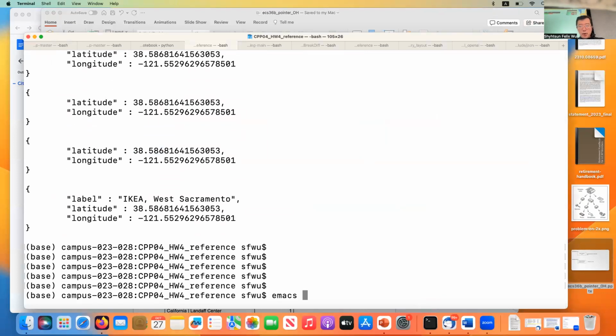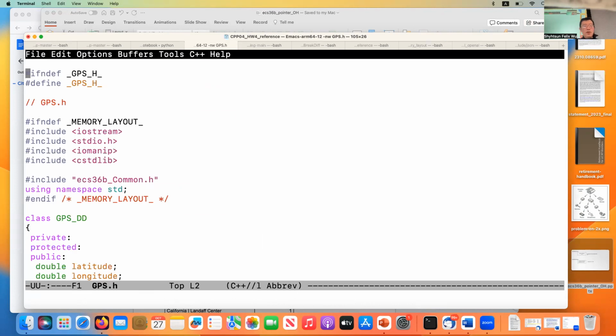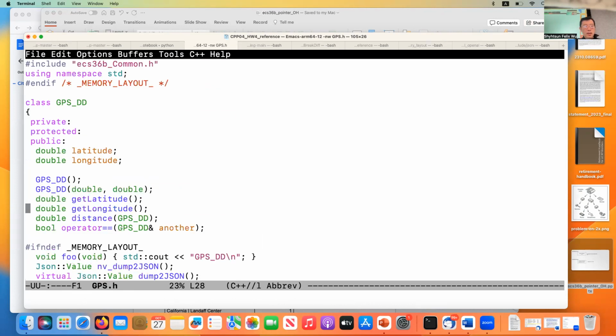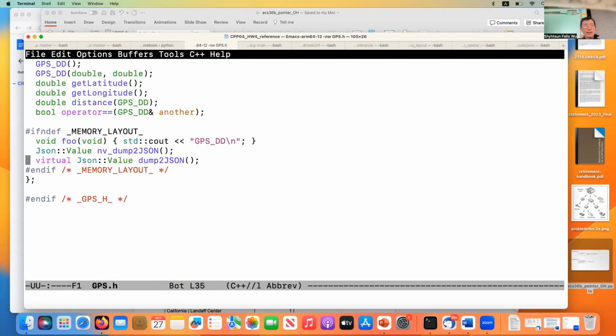Okay, so the source of the question in this case is because in GPS.h, if you look at the code, I have one function that's actually virtual. Whenever you have a virtual function or virtual base, one of these two cases, I need to have that 8 bytes reserved for a vtable pointer. Vtable is related to what we call function pointers. It's stored together with the class, and each of the objects has a pointer to that.